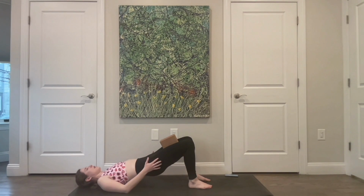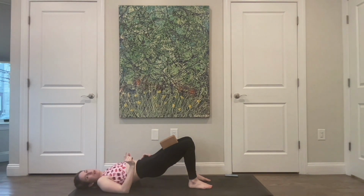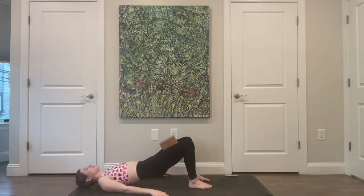So find whatever height is comfortable for you. You're going to relax that squeeze on the block about halfway and then squeeze it in. Feel what happens to your abdominals and your ribs just from that gentle lift and squeeze of the inner thighs for 8, 7, 6, 5, it's tiny, 4, 3, last one, hold the squeeze, and then release it slightly,